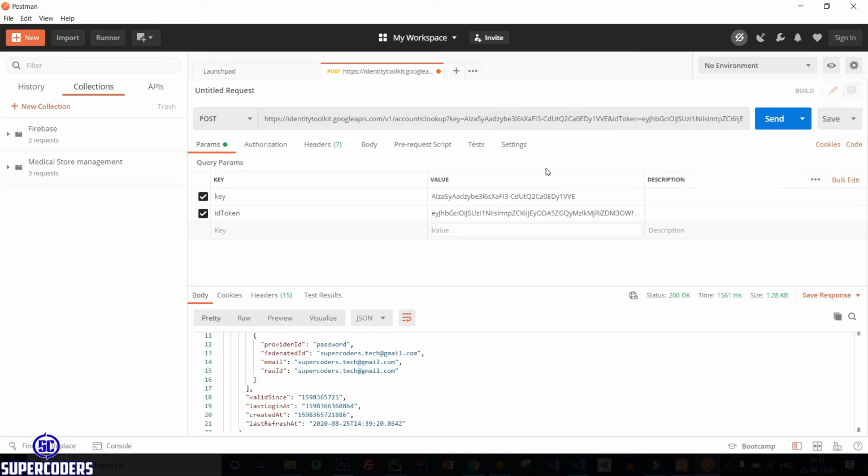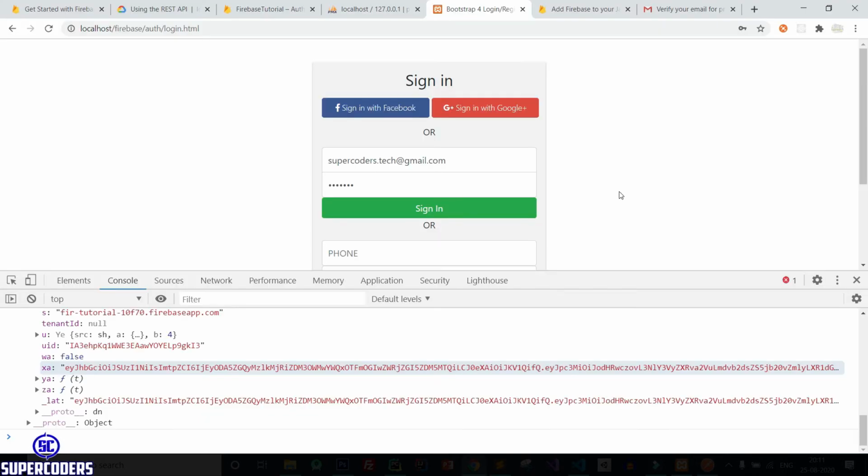We can use this API in our PHP code to verify whether the user is registered in our Firebase or not, and save our user in our database.